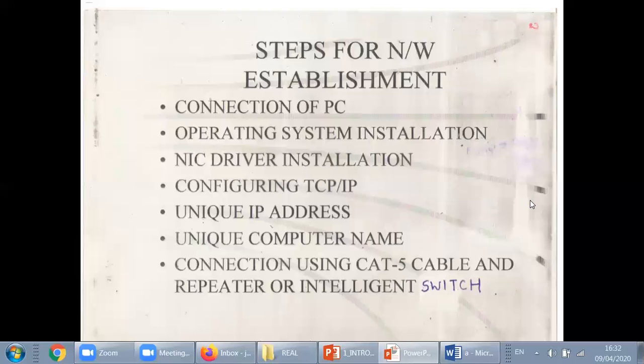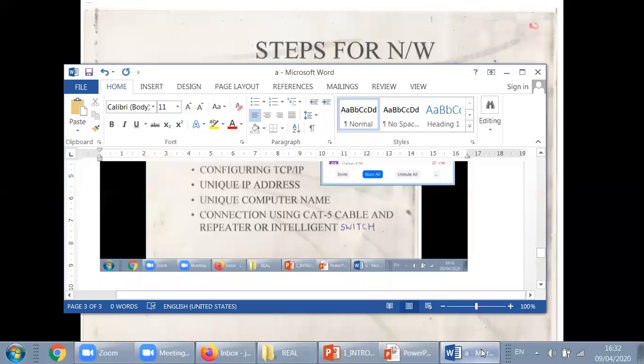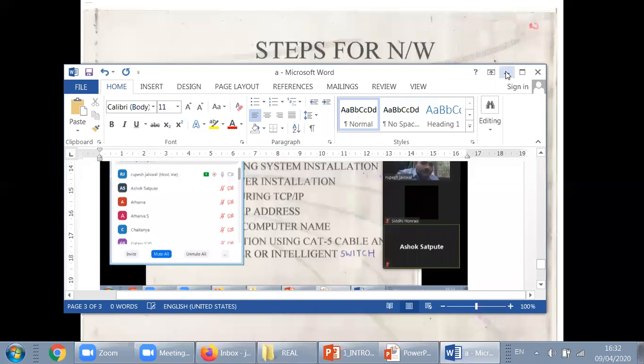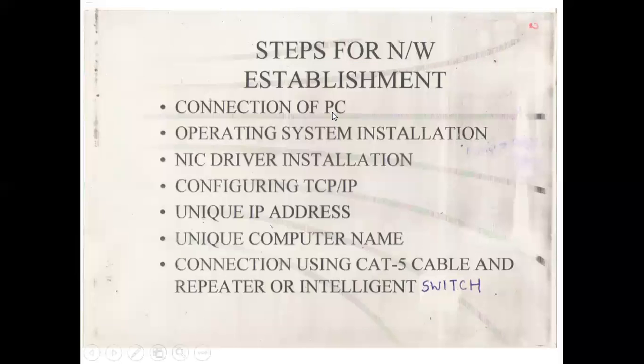What are the different steps for network establishment? The first step is connection of PCs. Now try to understand, if you are able to establish a network between two PCs, then you can think of establishing a network among 30 PCs. So take an example of any laboratory, take two PCs.